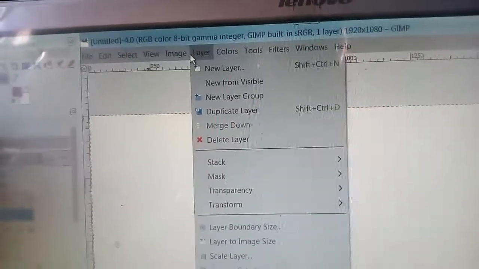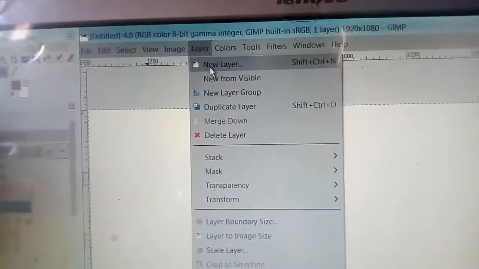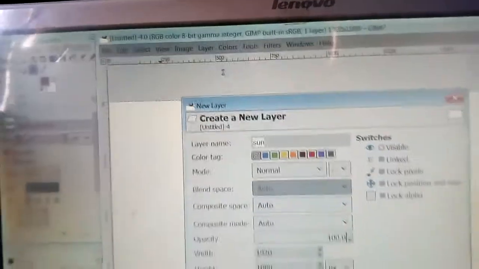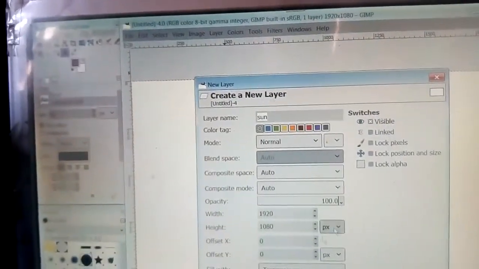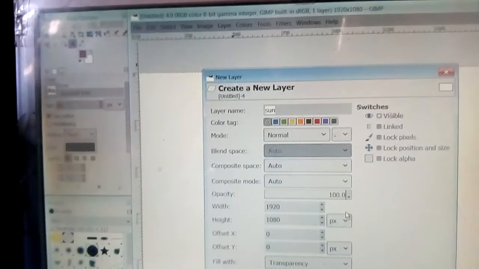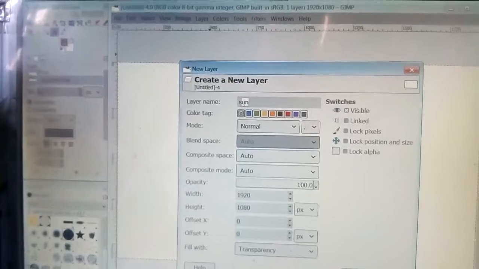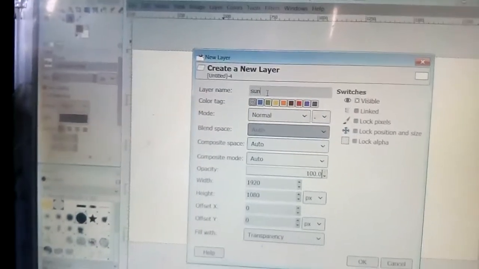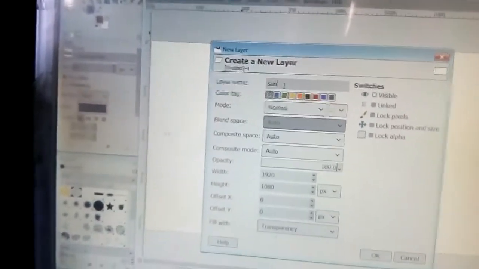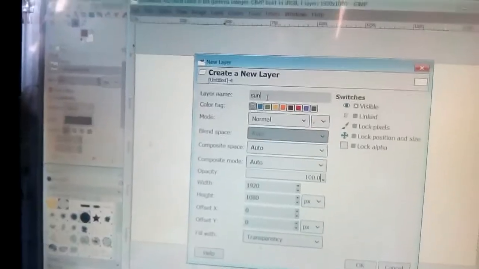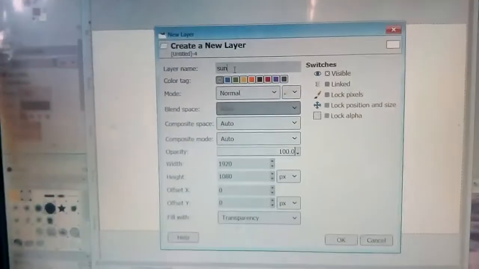Now you go to the Layer menu, and then New Layer. A Create a New Layer dialog box will open. From here you have to write the name of the layer. So suppose first you can do the background layer.